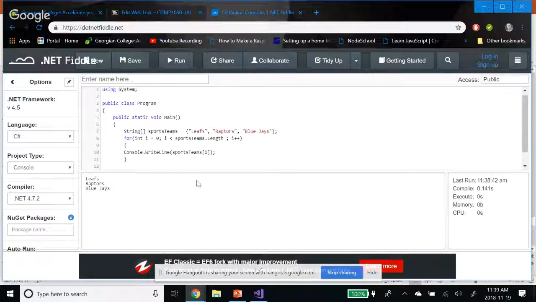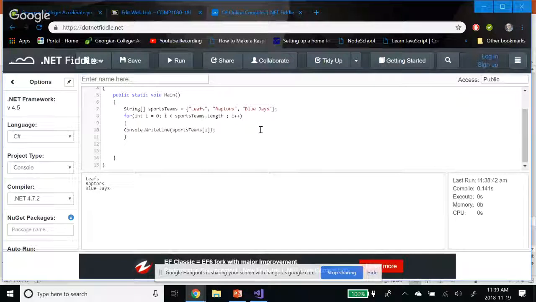We could, but what programmatically? How would we do it? All we have to do is go sports teams, and then we're doing element 0, which is the first element, equals